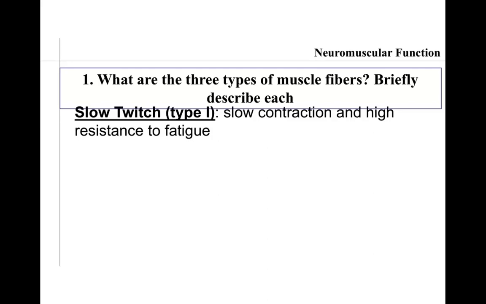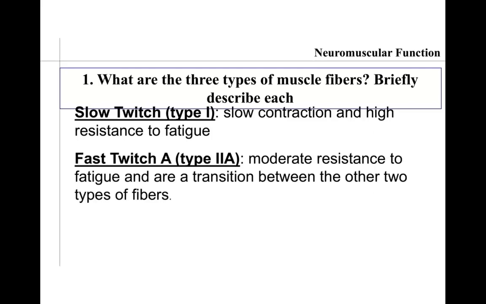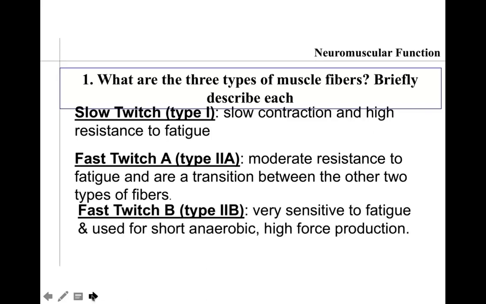So, three types of muscle fibers, just to review. We have slow twitch, or type 1. That would be a slow contraction and a high resistance to fatigue. We have fast twitch A, which is type 2A. That would be a moderate resistance to fatigue and a transition between the other two types. And then fast twitch B would be very sensitive to fatigue, used for very short anaerobic and high